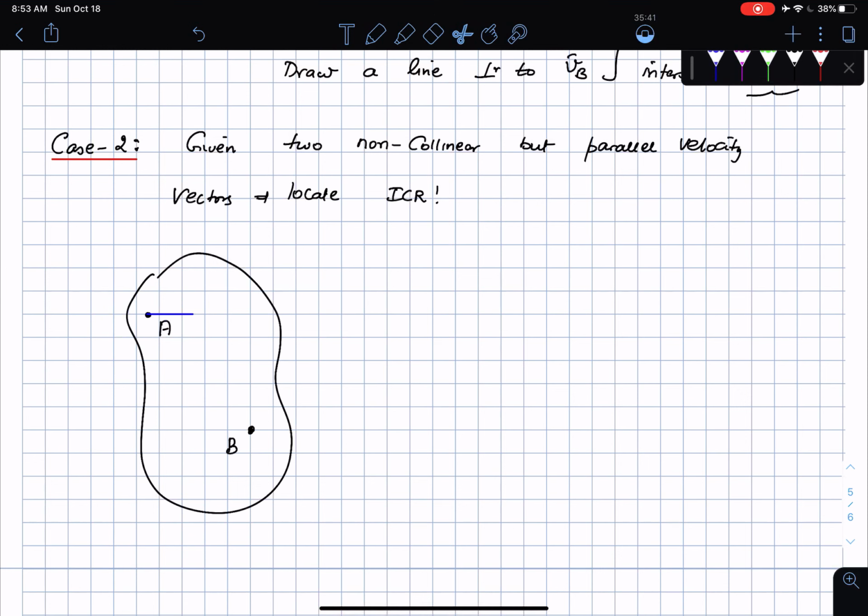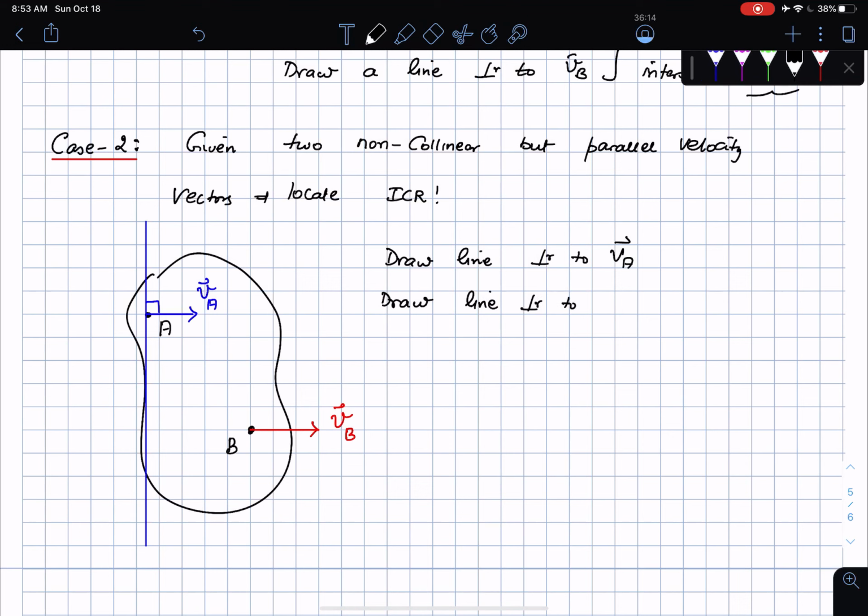So this is the point A. I'm given the velocity of this particular point. So this is VA, and I'm given the velocity of point B, VB. How do I find the ICR? Exactly the same idea. Draw a line perpendicular to VA. So here is a line that is perpendicular to VA. Then I draw a line perpendicular to VB, and wherever they intersect